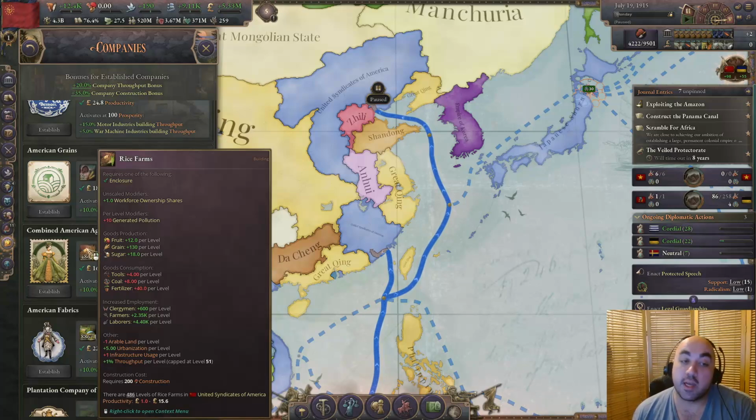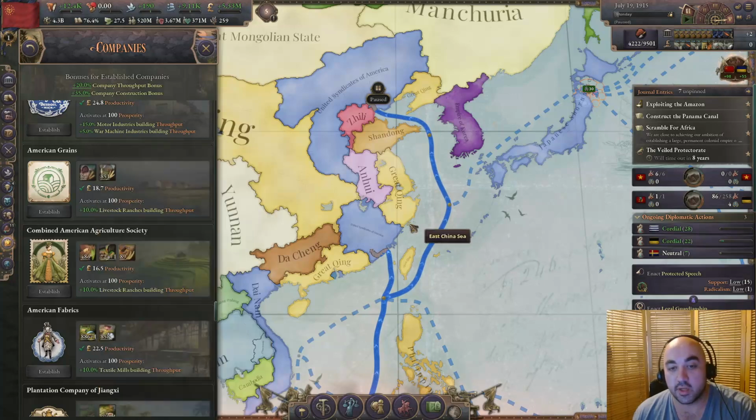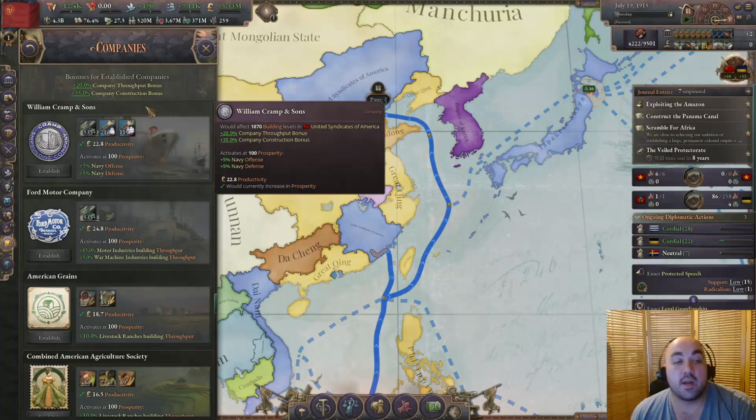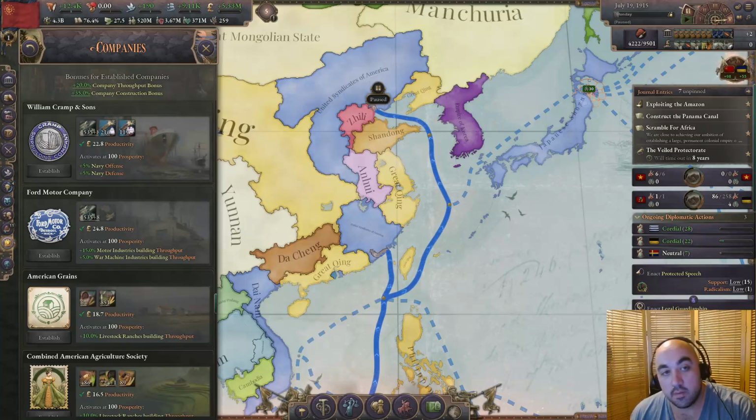You just import as much grain as you want from them, and because they have so much rice being built and a lot of unemployment, it's going to really depress rice prices, and so you will ensure that rice doesn't get built in your country, although even with your throughput bonus. But the secondary thing is, in terms of deciding what to build in other people's countries,